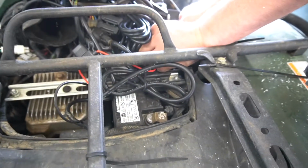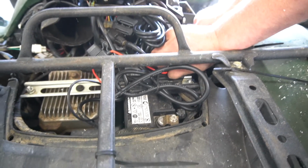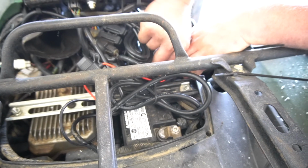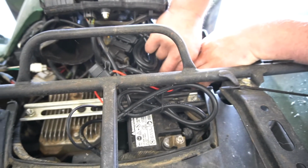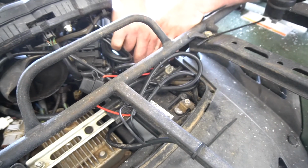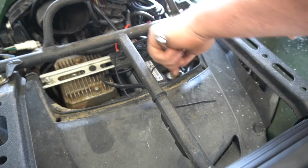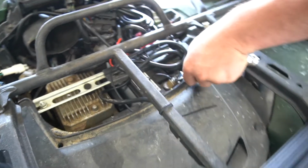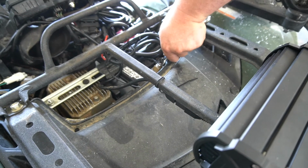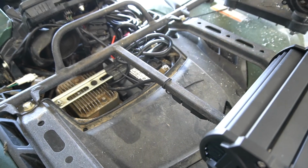Now it's time to hook up power cords to the battery. Just hooking the positive up first. Now the negative wire is being connected to the battery. Dude, this light's gonna be on in less than 5 minutes. I mean, technically I should be able to turn it on now. It'll just be a matter of...